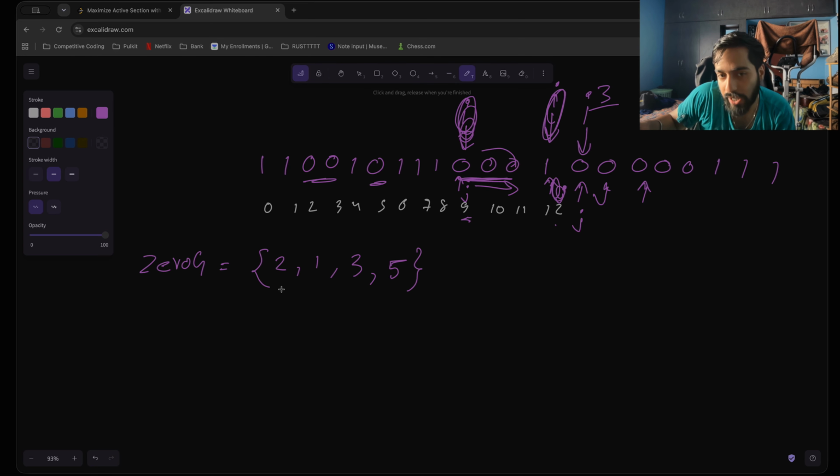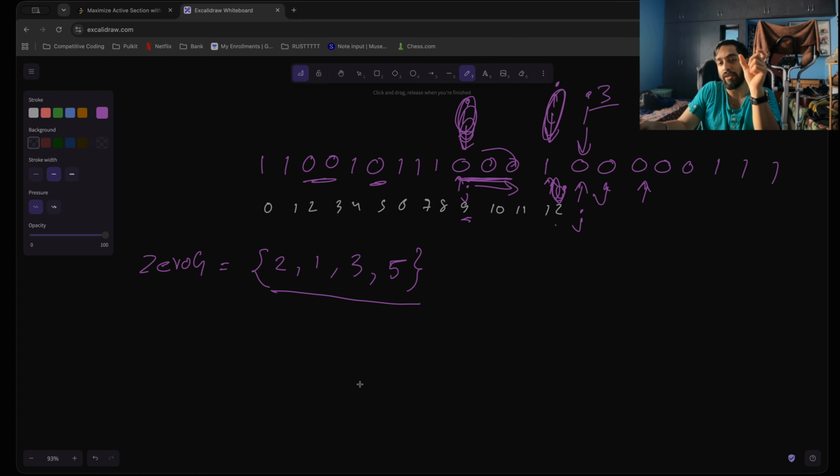And then I take the sum of every adjacent elements, and that gets me 3, 4, and 8. So I know that the maximum is 8, so that is my answer here. Now, do I need to store all of these elements? I do not, right? I just need to store what is the maximum sum of